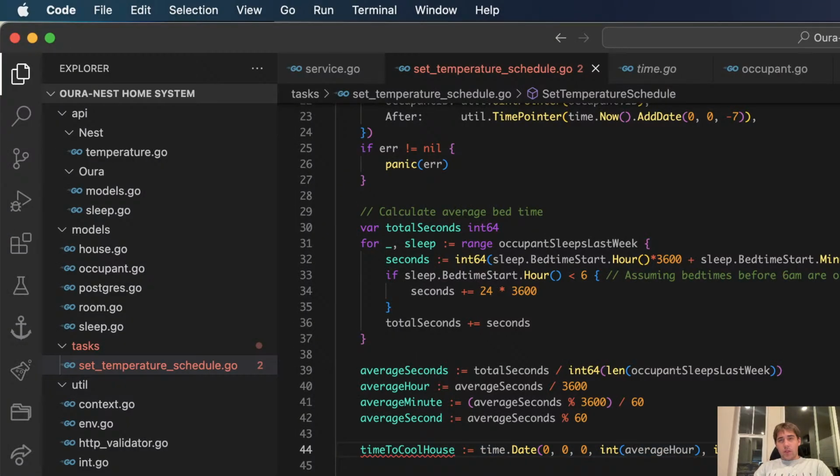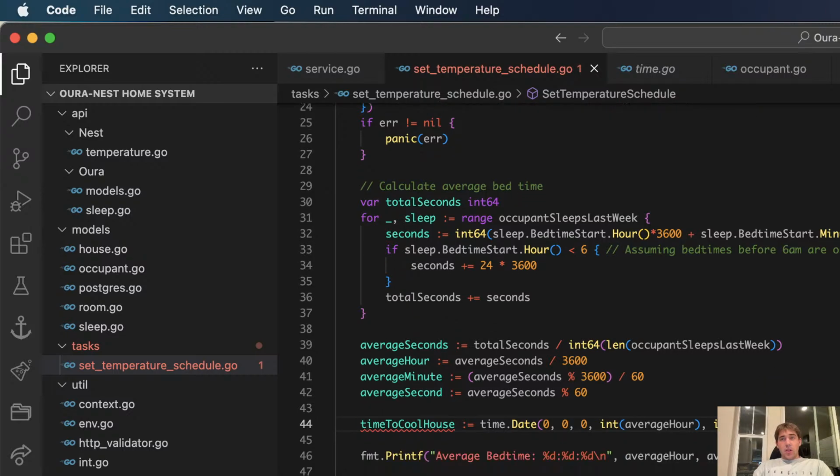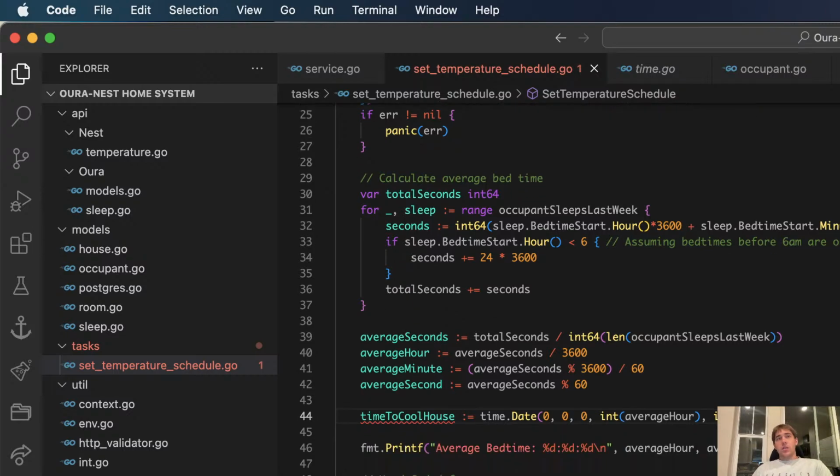This seems so inefficient. That's fine. We'll manage for now. Okay. So that's the.